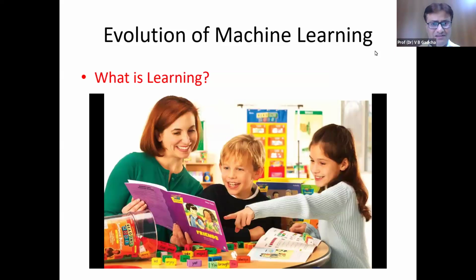Now let's try to understand what learning actually means. Because once we are clear with the concept of learning, how we humans learn, then only can we train a machine, right? So let's try to understand how we humans learn. When we go to school, we are given some objects, some pictures, some pronunciations, some experiences, and on the basis of that, we keep storing those experiences and incidents in our mind, and we start learning. For example,